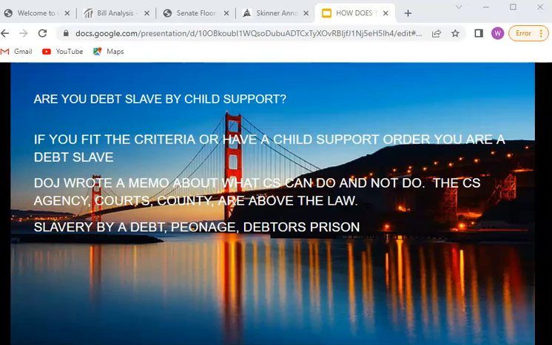understand what they're doing. So they're not going to say, oh, we're going to make you slaves. Like the 14th Amendment, they said that they freed the slaves, but they only gave so-called slaves or so-called citizens benefits and privileges which could be taken away at any time, as stated with their fake child support debts. So slavery by debt, peonage, or debtor's prison, that they put a debt on you which is false, that they can't prove, but because of the Uniform Parentage Act or because of a birth certificate, now they bind you in a contract that they don't disclose all the terms, which is illegal.